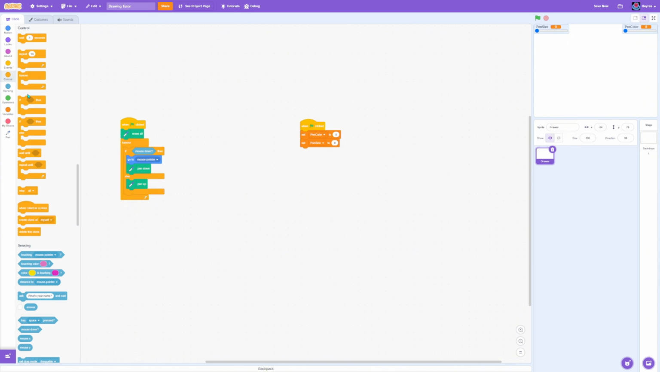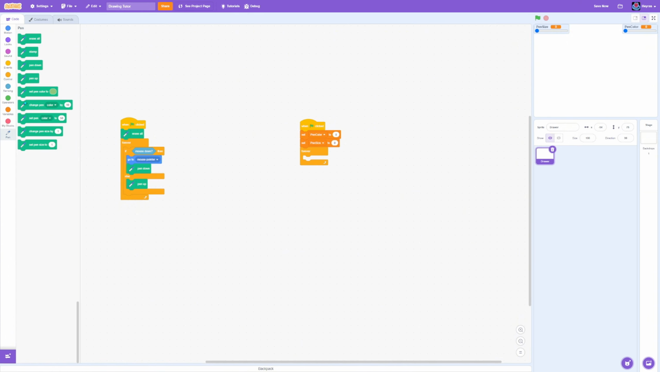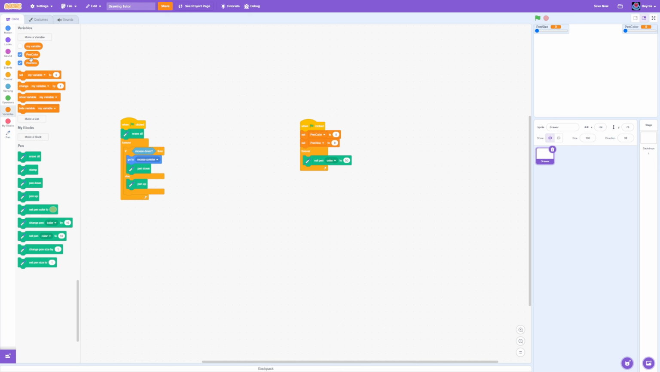Now I'm going to get a forever. I'm going to go to the pen, and I'm going to set the pen color to the pen color variable. I'm going to do the same with the size. Set pen size to pen size variable. If we try this,